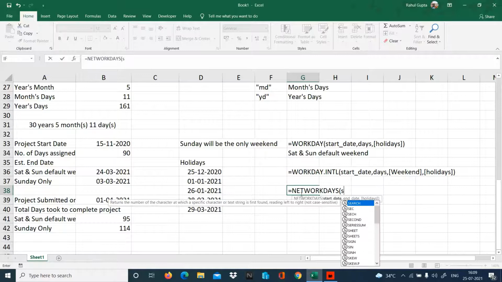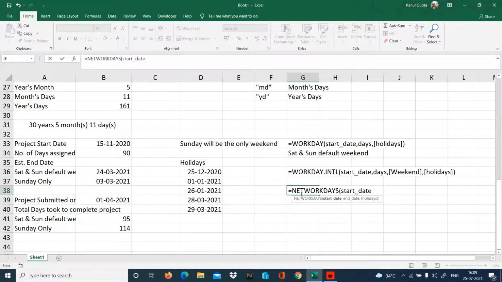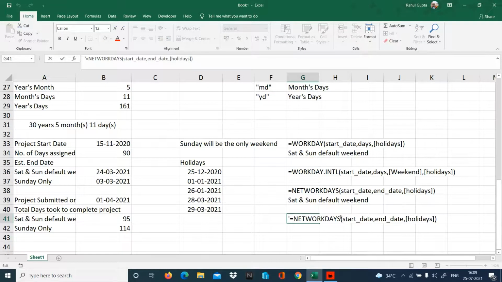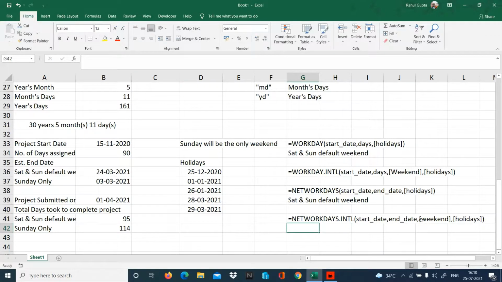NETWORKDAYS, start date, comma, end date, and holidays if you are having any. Here we have again Saturday and Sunday as default weekend. And I'll just copy this function .INTL, that's for international, and here we have to give the weekend also. So that's the function which we have to work on.